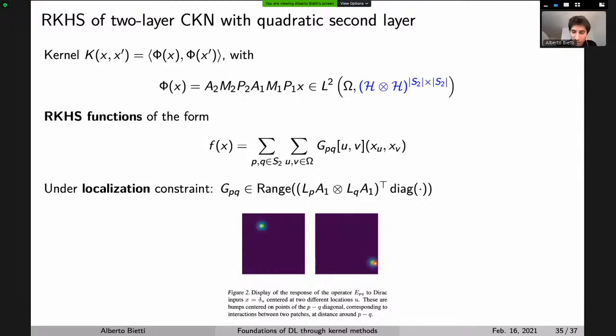these 2 points are actually on a diagonal. So here, maybe the x-axis is U, the y-axis is V, and it tells you that if you're pooling at the first layer, it is actually localized, so you only have support somewhere near the origin. Then basically the mass of the function GPQ can only be non-zero when U and V are close to this diagonal. So here I'm just showing 2 points, which are the 2 different Diracs that you can put in here. But this is a constraint that tells you different GPQs will look at different parts of the